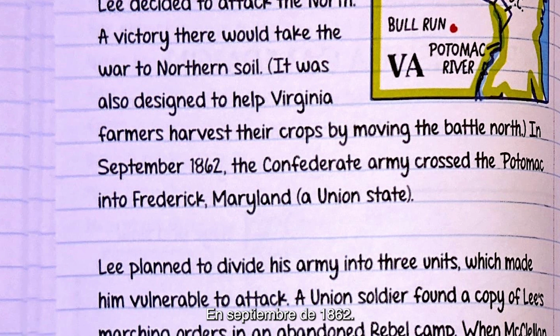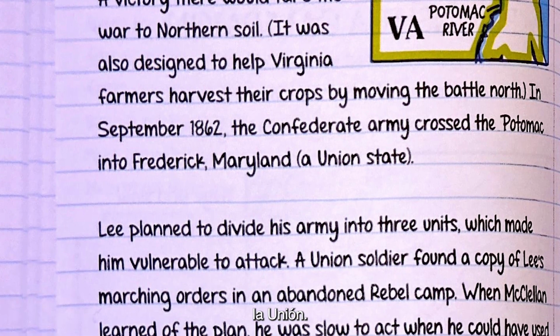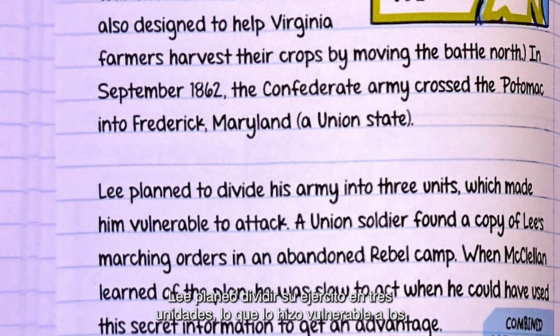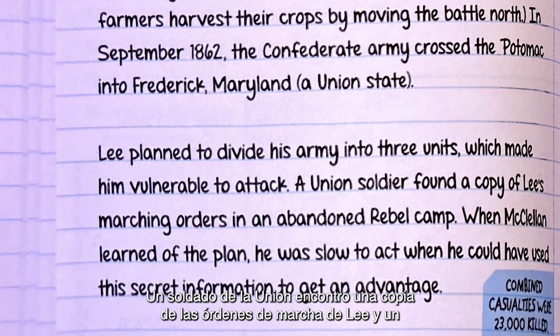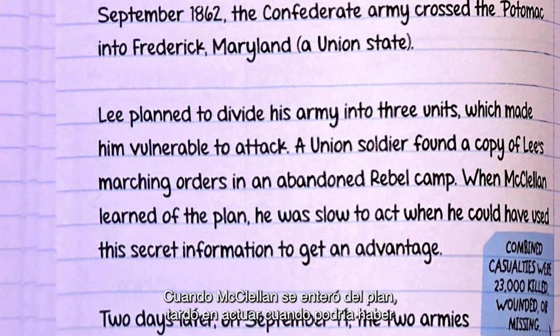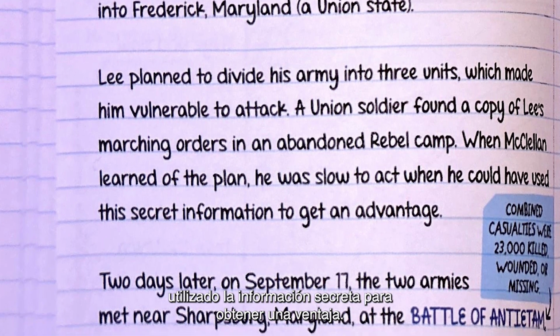In September 1862, the Confederate Army crossed the Potomac into Frederick, Maryland, a Union state. Lee planned to divide his army into 3 units, which made him vulnerable to attack. A Union soldier found a copy of Lee's marching orders in an abandoned rebel camp. When McClellan learned of the plan, he was slow to act when he could have used the secret information to